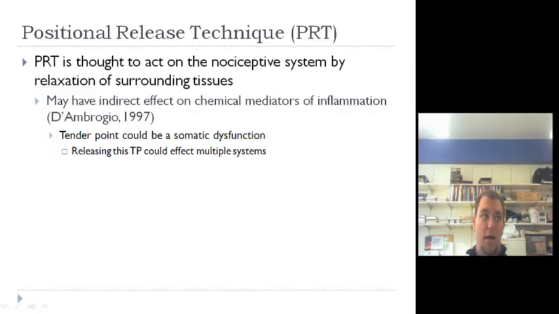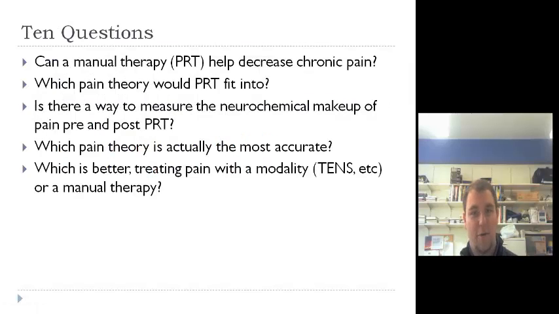And that enkephalin decreases pain. Am I doing the same thing as a TENS unit? If it takes me 90 seconds to do it instead of 15, 20 minutes, 45 minutes for high volt, I want to do positional release. Why would I not want to do that? 90 seconds versus 45 minutes for maybe having some kind of change? I mean, I'm not the brightest bulb on the tree, I know, but that makes sense to me.